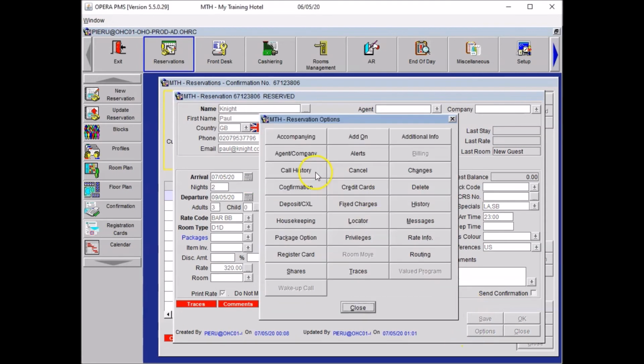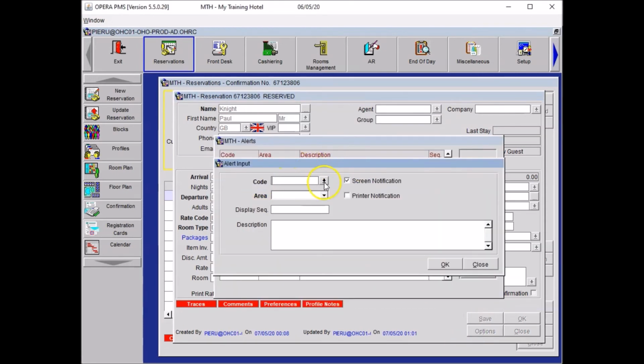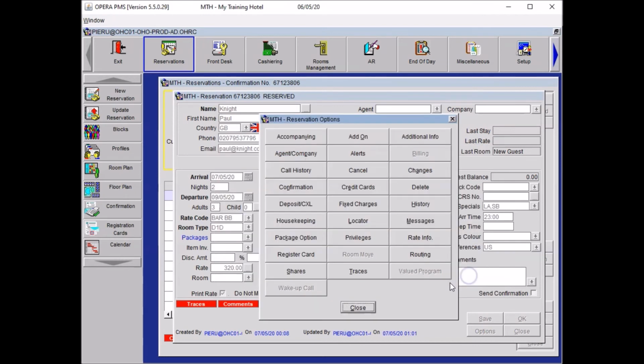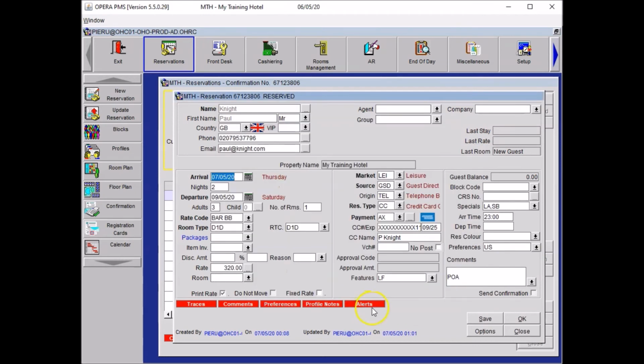Click on options. Select alerts. In code you select package. Area you wanted, and then over on arrival, so select check-in. And here free type: guest has 5 letters to collect from concierge on arrival. And you correct your typo, works better. Guest has 5 letters to collect from concierge, and you click on OK. Then you press close, and then you close your option panel. And press save.